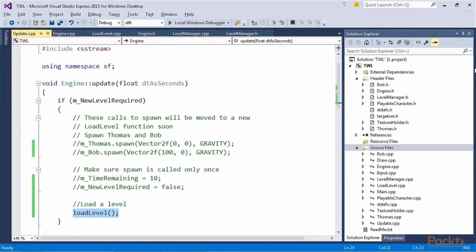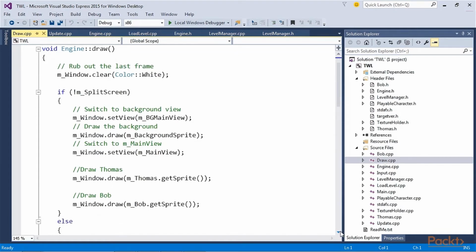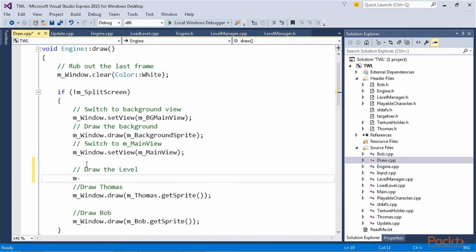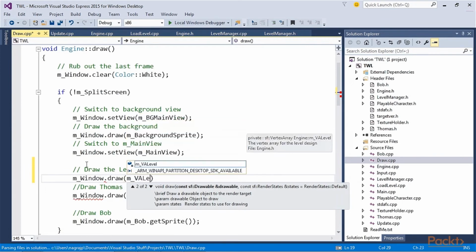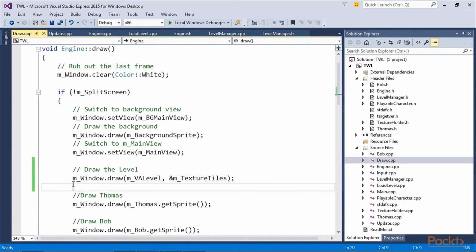Finally, before we can see the results of the work so far in this section, open the Draw.cpp file. We'll make some additions to draw the vertex array that represents a level. Now, inside the draw function, after m_Window.setView, write a comment, draw the level, and then m_Window.draw(m_VALevel, &m_TextureTiles). Here, we draw the vertex array that represents a level.